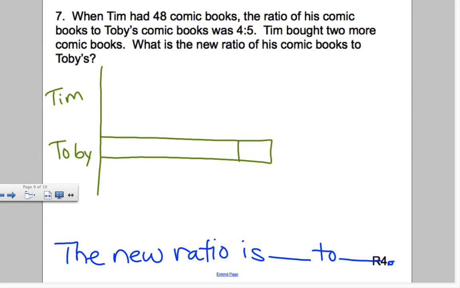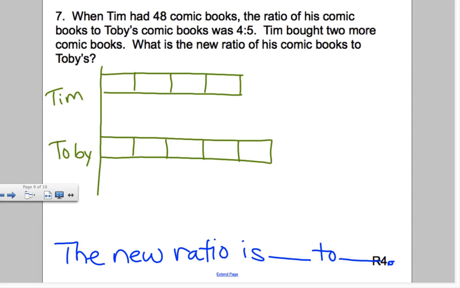Remember, I remind you, when it's an odd number, cut off this and then divide this half. Then it's a little bit more even. That helps. All right, and then Tim. Remember, you bring your eyes all the way over to the 4 parts in Toby's. Line it up. Draw your line so it matches up, and then you can draw your 4s, so it's hopefully as equal as possible. All right, any questions so far? Everyone good? Hopefully you didn't work ahead because you might have to erase some things.